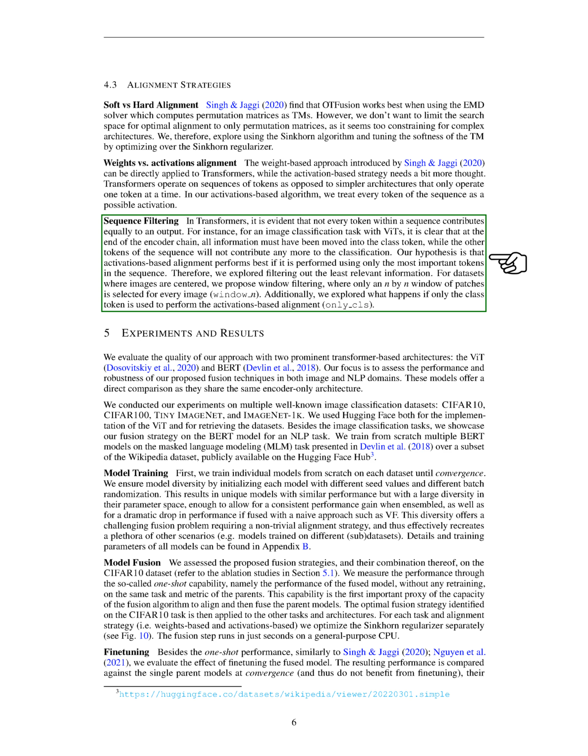For datasets where images are centered, we propose window filtering, where only an n by n window of patches is selected for every image. Additionally, we explore what happens if only the class token is used to perform the activation-based alignment. Section Summary. The multi-head attention mechanism in transformers poses challenges in terms of determining the incoming and outgoing token